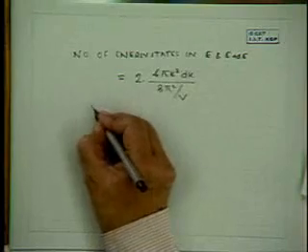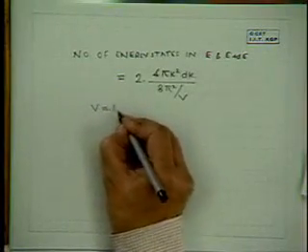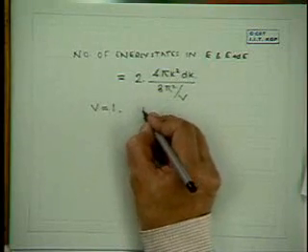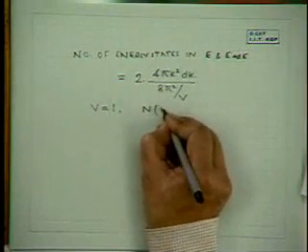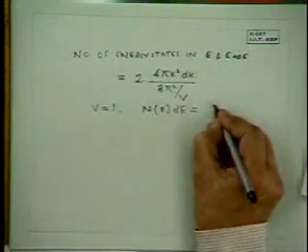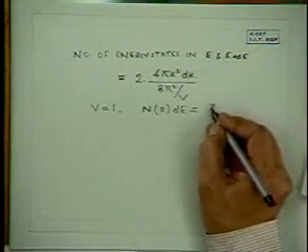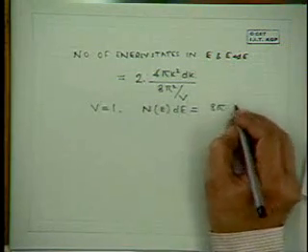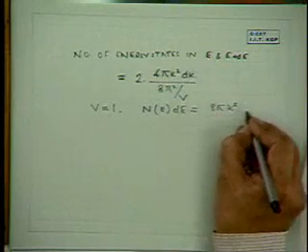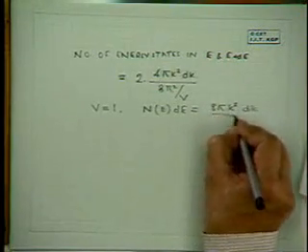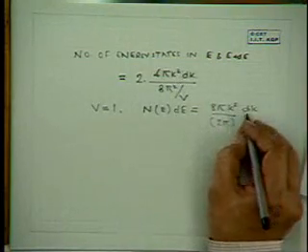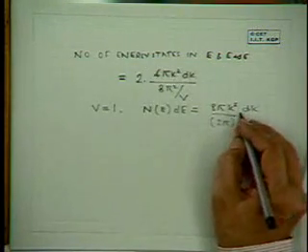If we take V is equal to 1 for simplicity, then this number of energy states comes to 8 pi k squared dk over 2 pi cubed,